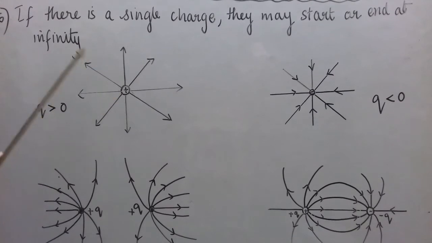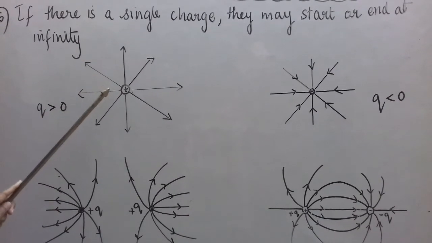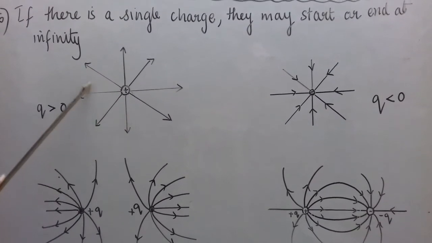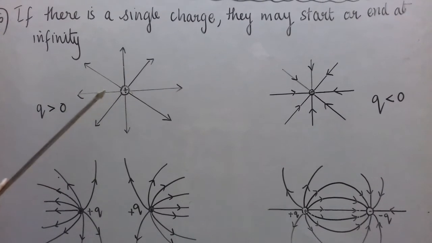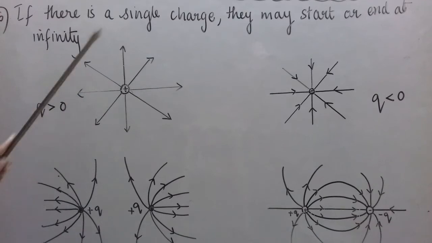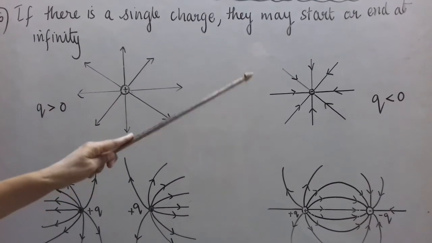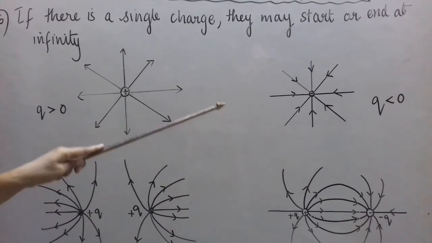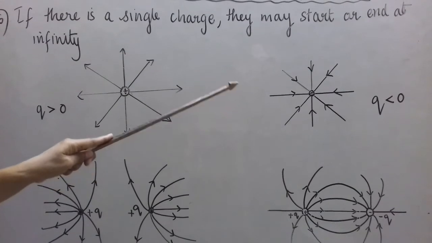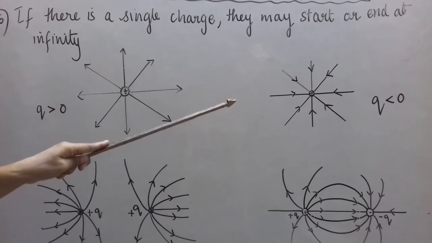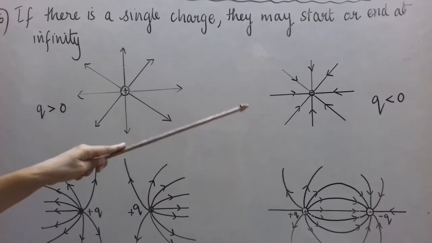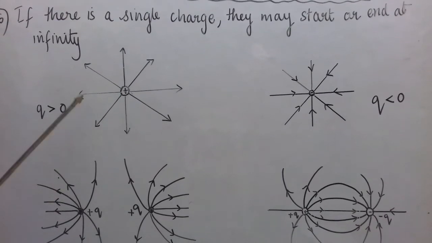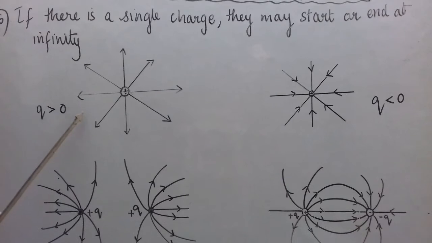So our test charge, as per definition, electric field lines give us the direction in which the unit positive charge would move. Since a positive charge placed at any point here will be repelled by this charge, the arrows are drawn outward. In that case, since the source charge is negative, if we imagine a unit positive charge placed at any point, it will be attracted by it. So straight lines are arising, but they are pointing towards the negative charge. They are pointing inwards. Here they are pointing outwards from the charge. I hope the two electric field regions are clear to you.